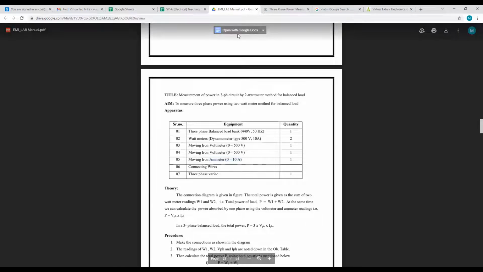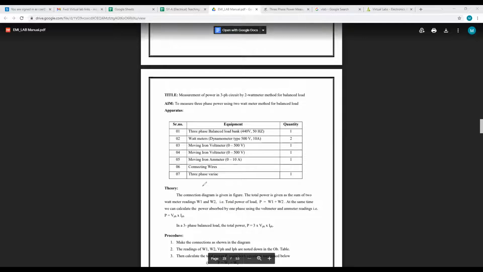The three-phase supply will come from the RYB, but to give the input voltage, suppose the line voltage is 440 volt and I want to give only 100 volt. In that situation, a variac is required. We call it a three-phase variac. Variac is nothing but variable voltage, 0 to 100, 0 to 500, variable voltage, which we can give here. One three-phase variac is required. Is it clear? These components or equipment required for completing the practical are what we call the apparatus.